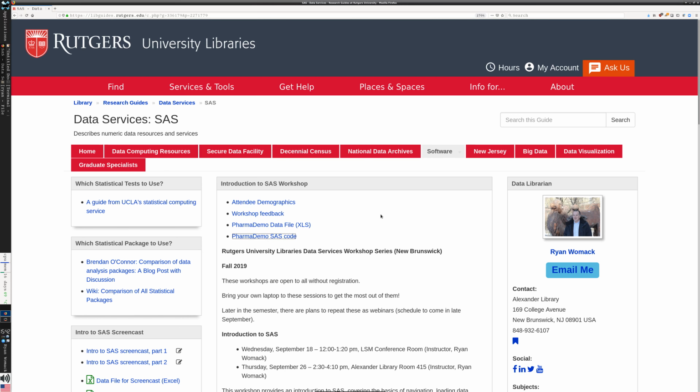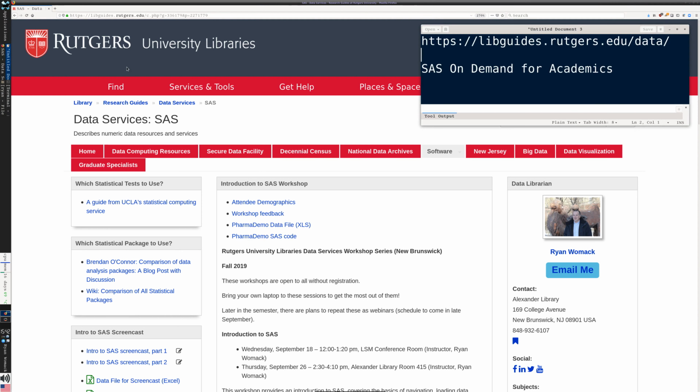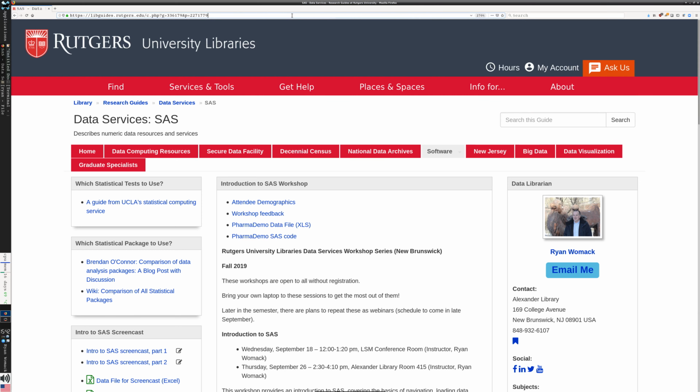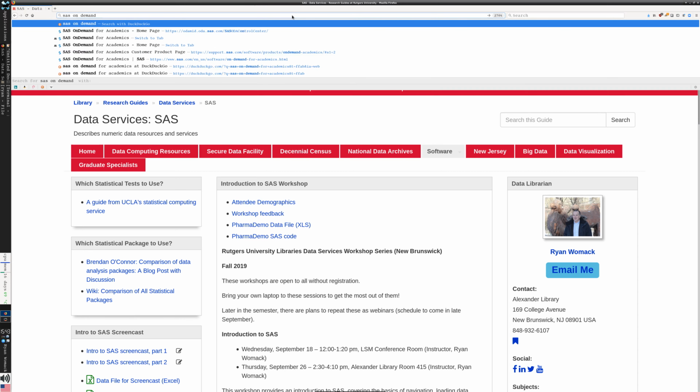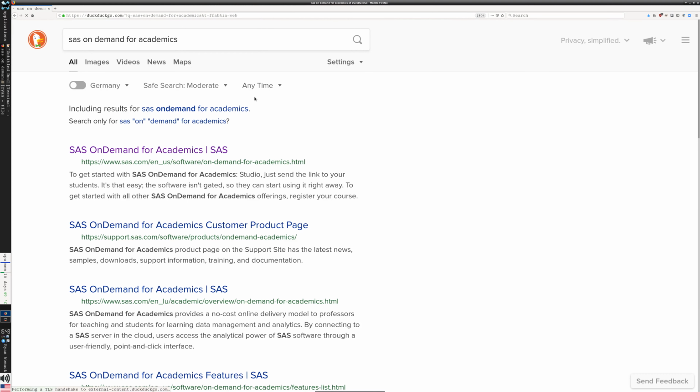exercise. Now we're going to be using SAS OnDemand for Academics, as I've got a note here in our little notepad. Now there is a web link for that, which I'll pull up for a second, but I typically just always end up Googling that, SAS OnDemand for Academics. And when you click on the link there,